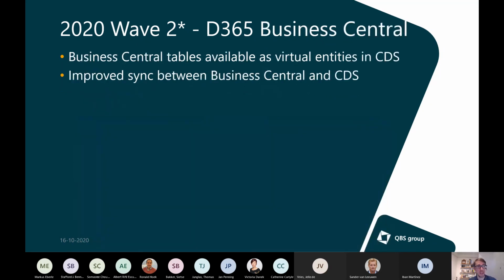Quick note about Business Central. That's the last point I have for you with 32 seconds on the clock. For Business Central, coming in Wave 2 is a preview functionality where Business Central tables can be visible inside of the Common Data Service as